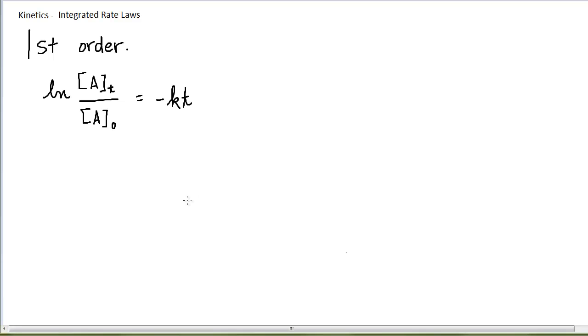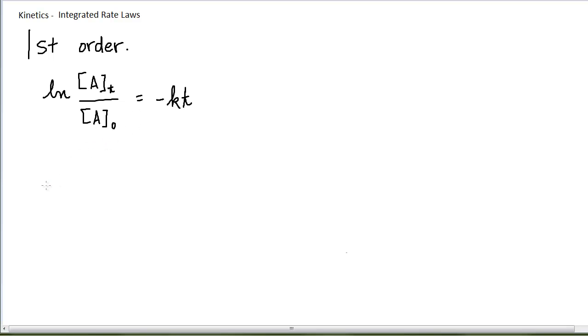Let's look at the first order integrated rate expression in a little more detail because a lot of people have trouble with logarithms. This is the equation that we had in the last video. This is what we get whenever we apply the calculus to the rate law for a first order process. But there are lots of forms of this based on the rules for logarithms, and this would be an excellent